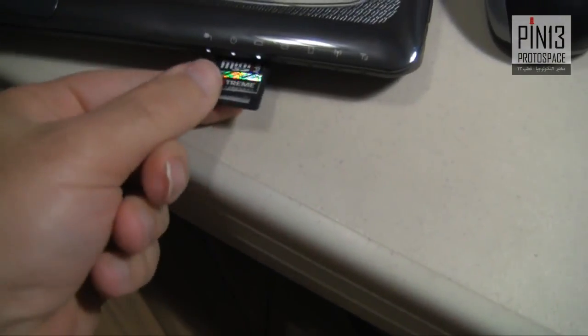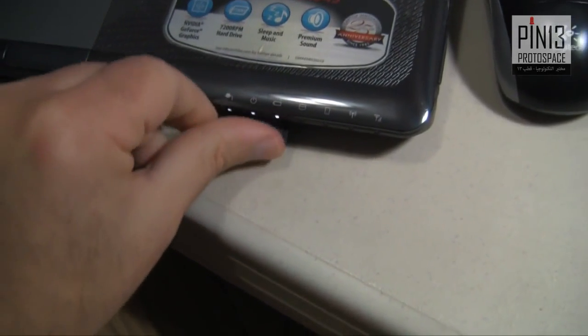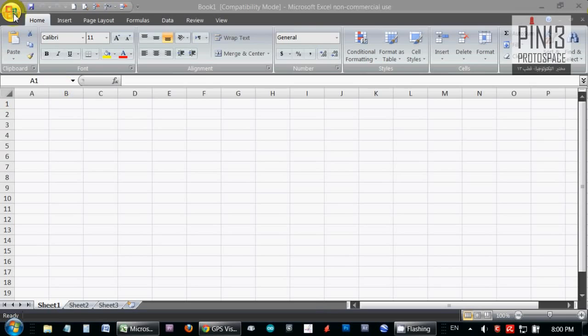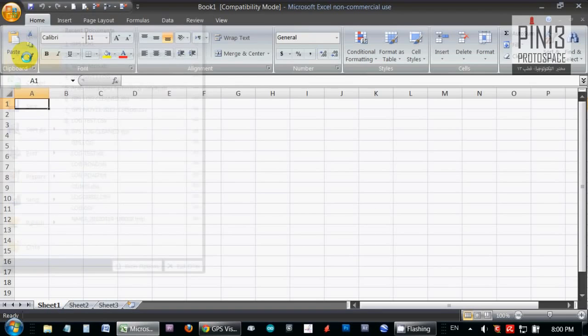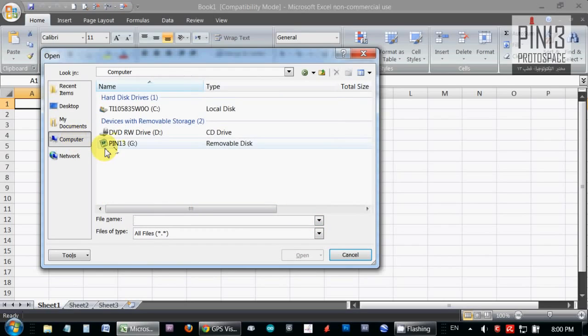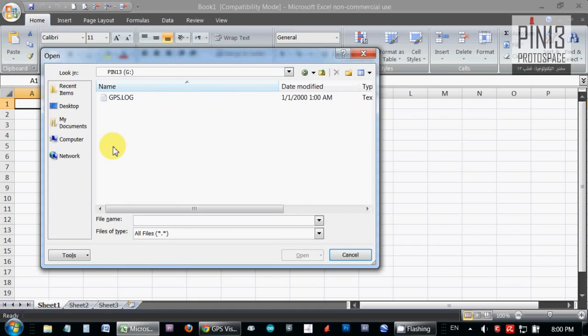Okay, first thing we want to do is to import the GPS data that we have logged to our SD card. So I'm going to open, and I'm going to search for all types, then go to my removable disk, the SD disk. Here is the file. I'm going to say open,